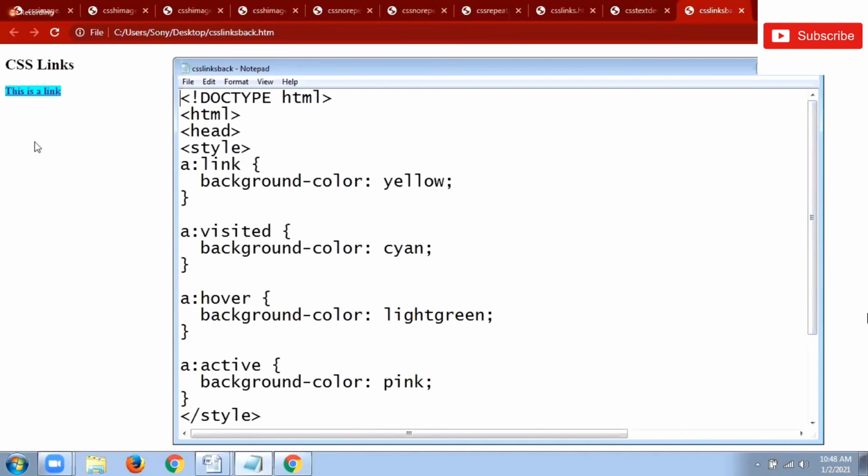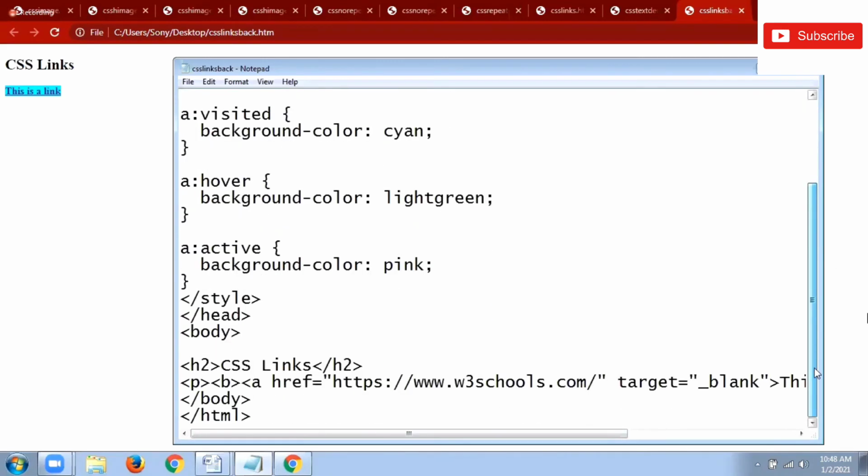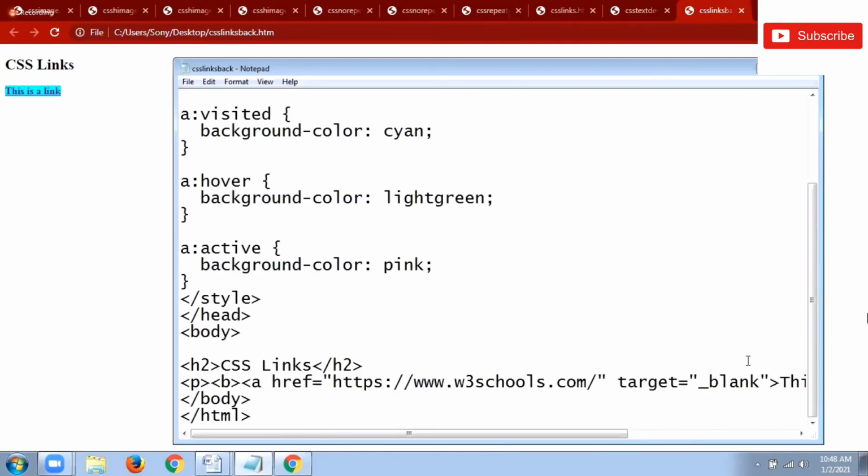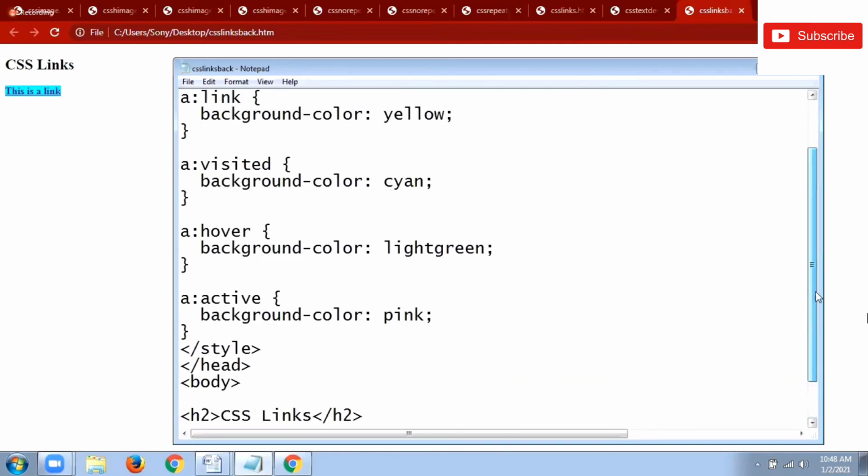So the color change I am applying only for my paragraph element. See, for the paragraph element I am using bold, that is font type. In the same way, whatever the text I mentioned in my paragraph, this is a link, for that only I want to change the color with 4 types of links.